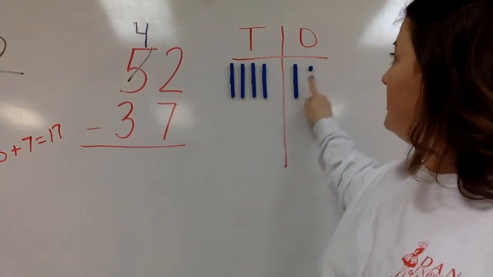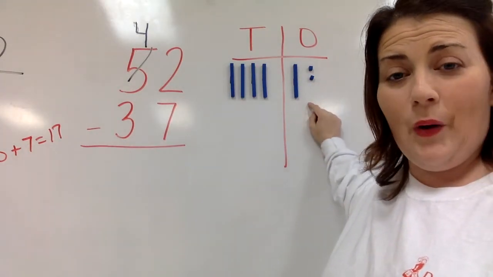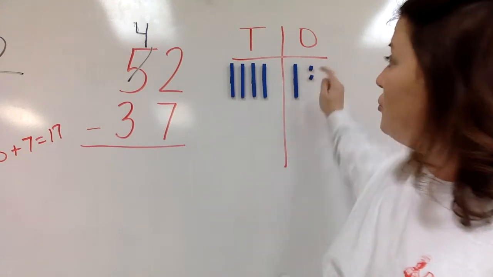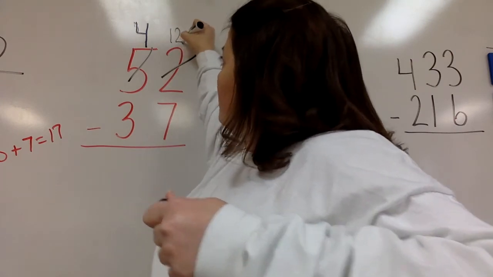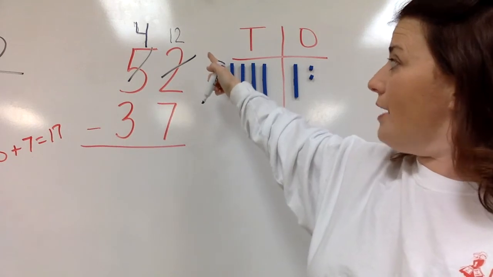Now, we moved the 10 over here, but we already had 2. So how many do we have in the ones place now? We have 12. See, 10, 11, 12. So we no longer have this 2. We have our 10 over here with it, and that gives us 12. Okay, so now can we subtract 12